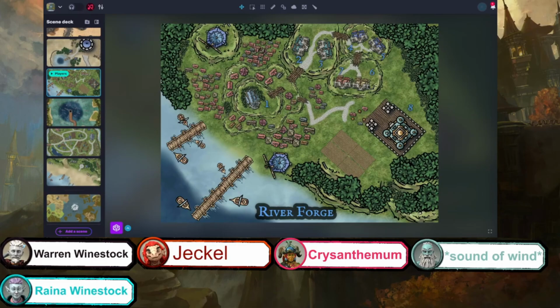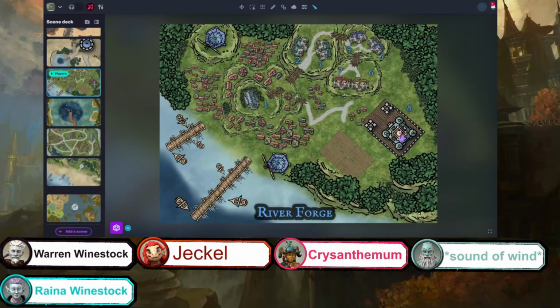You guys essentially have, for lack of a better term, raided a tomb, and you've come up dry, and you decided to follow the next lead that you had, which was to go to River Forge, where the ruins of King Marwyn sit, because you just haven't explored them yet.